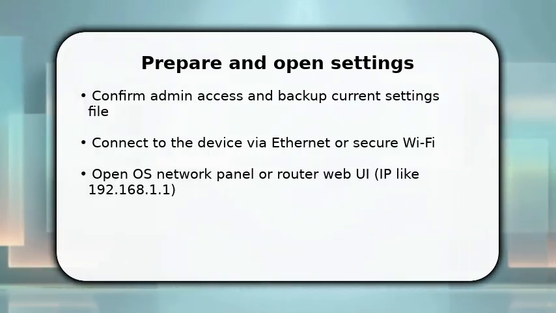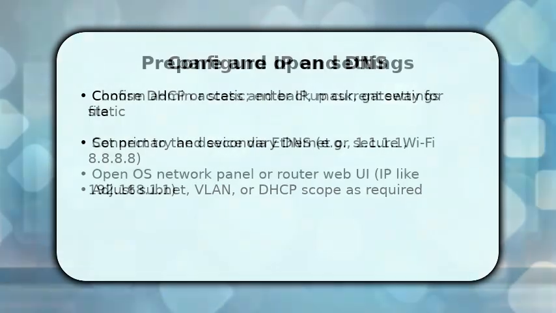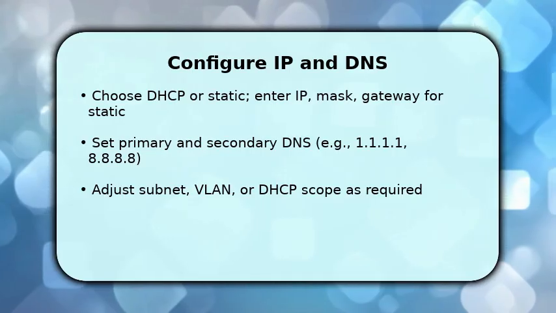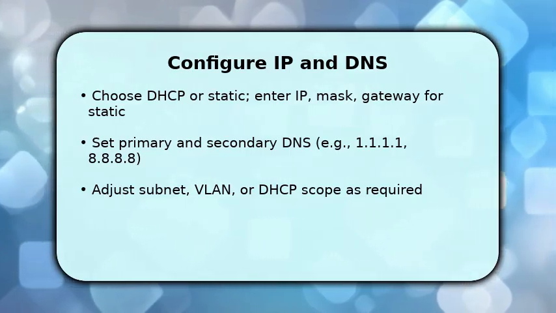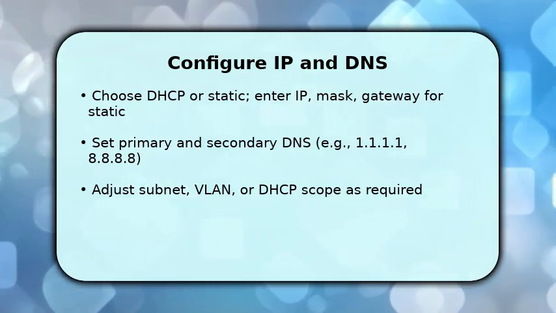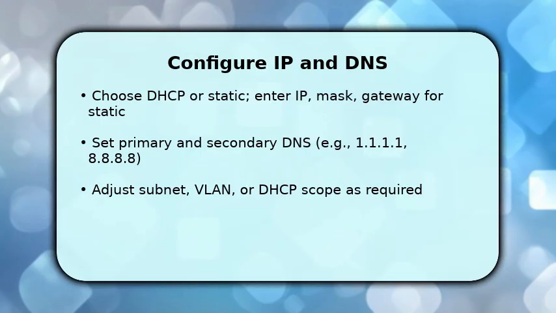You now decide whether to use DHCP or assign a static IP. Static is best for servers and printers to avoid address changes. Enter the IP address, subnet mask, and default gateway accurately, and then set primary and secondary DNS servers for reliable